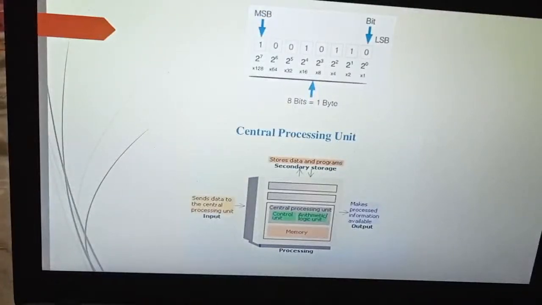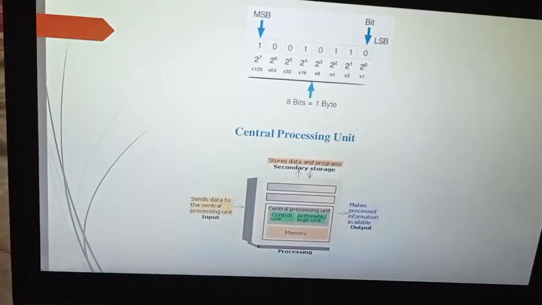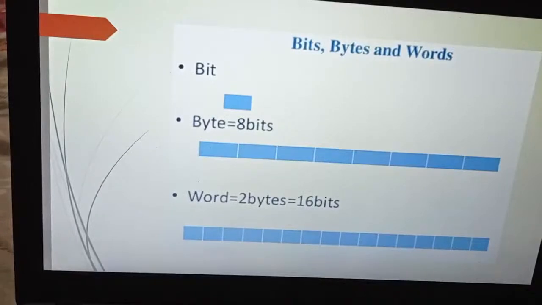8 bits make 1 byte, it is said. A word is a group of 16 bits. Same as here, 1 byte is 8 bits. Bits in a word are numbered starting from 0 to 15 because it is a group of 16 bits. So this is a bit, an individual bit, a byte is a set of 8 bits, and a word is 16 bits, which